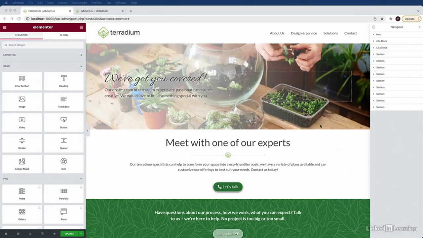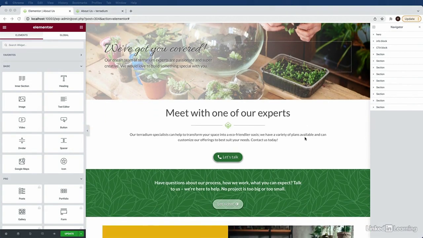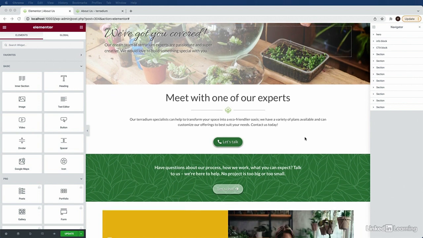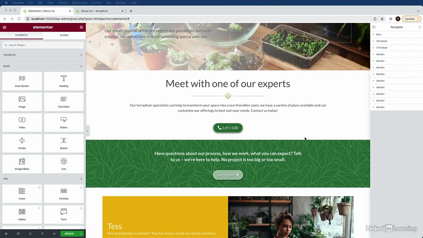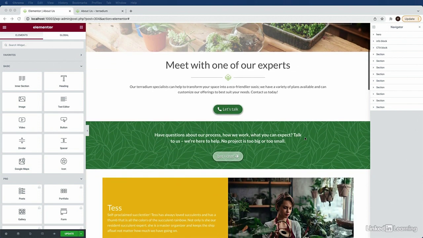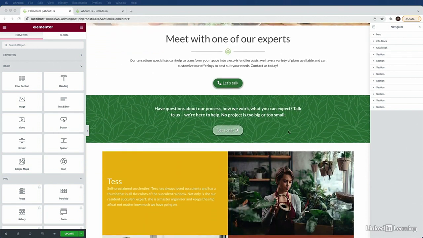I'm going to use the Carousel widget to add a carousel to our About Us page. The Carousel widget allows you to display a selection of images in a fun and interactive way. It's a great tool to use when you have lots to show and are limited on space. Let's take a look. We'll be using the carousel to insert in between our call to action banner and the